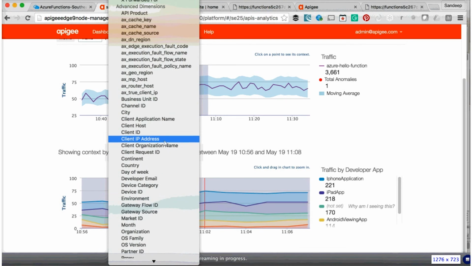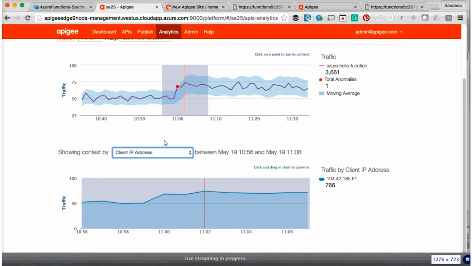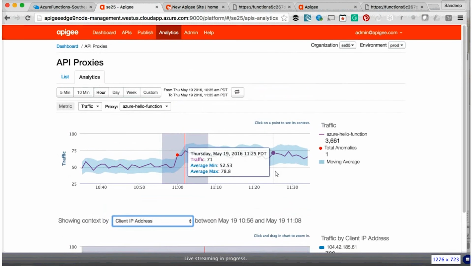For example, if you own this Azure function, you probably know that all of the traffic is coming from one IP address. Maybe good, maybe not good. You will know as the owner of this function. Right, so